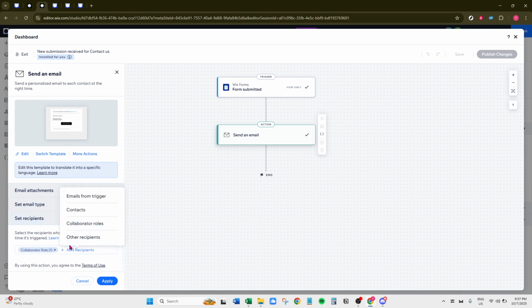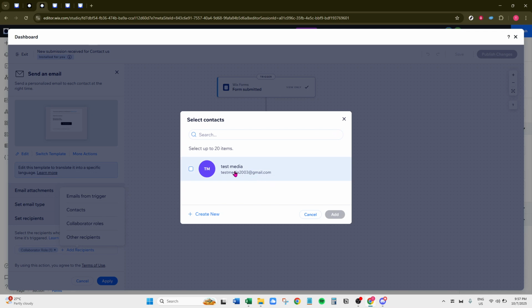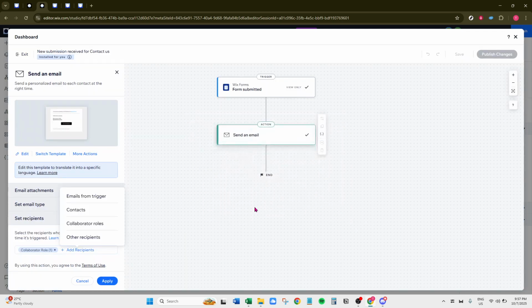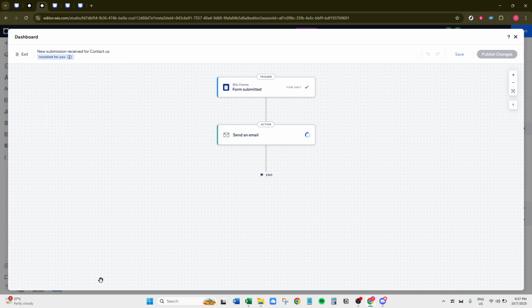Simply click on Add, and you can enter a new email address that you would like to use for receiving these notifications. This is particularly useful if you're updating your contact details or if another team member needs to get the submissions. After you've input the new email address, make sure you click Apply to save your changes. This step is crucial as it finalizes your settings, ensuring that all the modifications you've made are properly updated on the back end. And that's it.